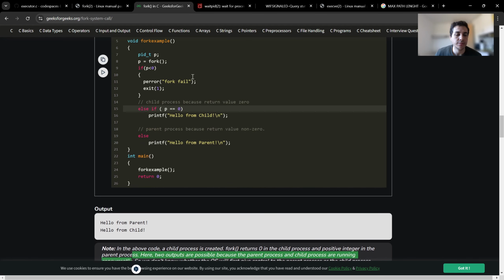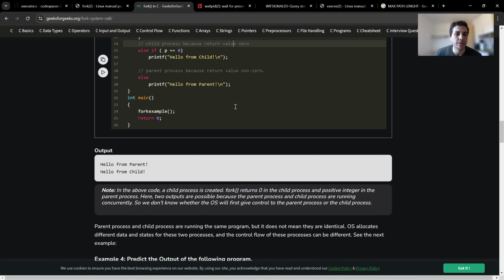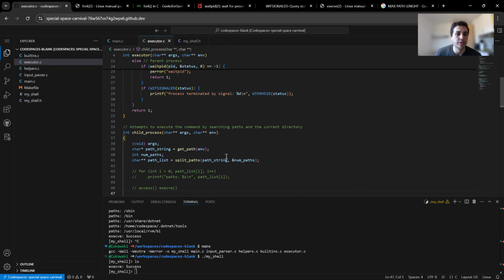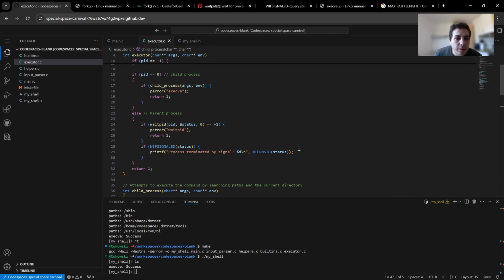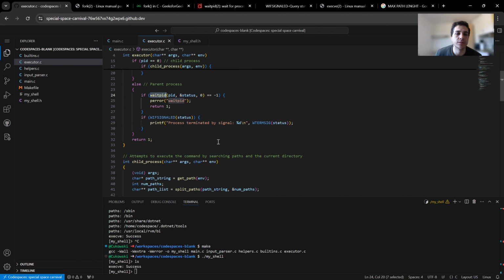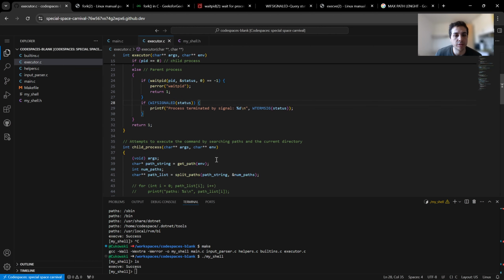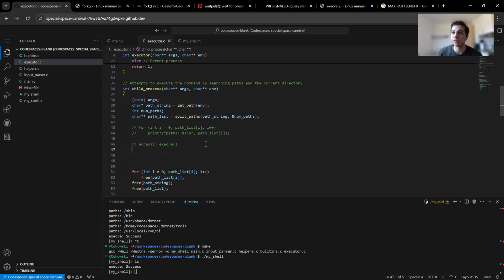So in the parent process, we are calling a fork, and it happens concurrently. The child process and parent process happen at the same time. That's why we were saying wait pid. We are waiting for the pid to conclude, and then we are continuing our parent process. But in the child process, let's